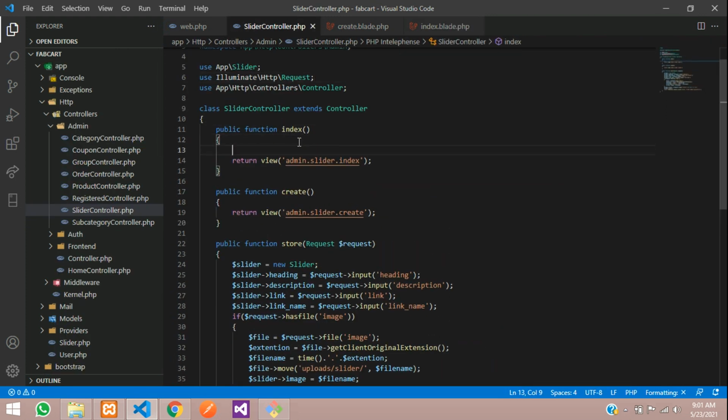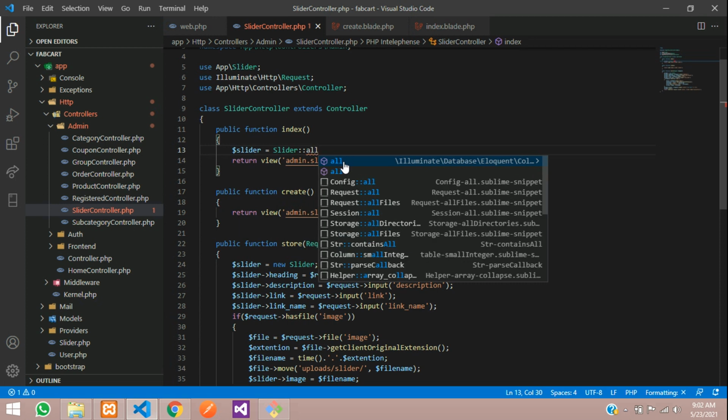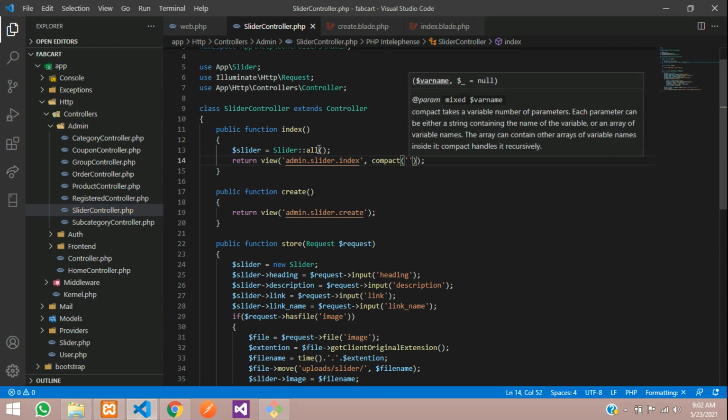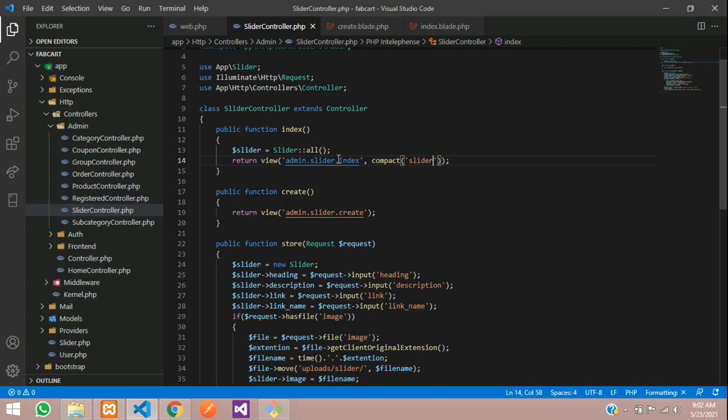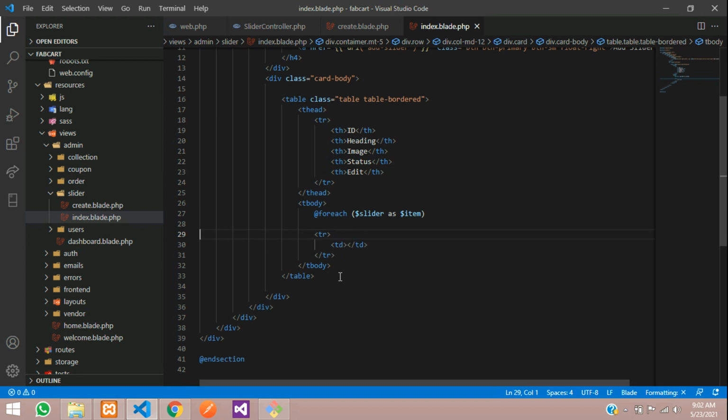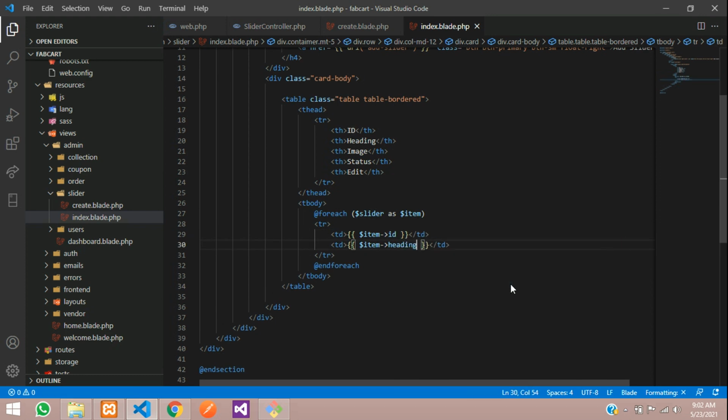At the index function we are getting the index page, right? Let's create the variable slider is equal to slider model all function, compact, and pass this data. When you go back to your index page, use foreach loop, and then same slider. Let's take this item, cut and paste, take this $item and paste inside this $item of ID, then heading and your image and the status, and one simple button,